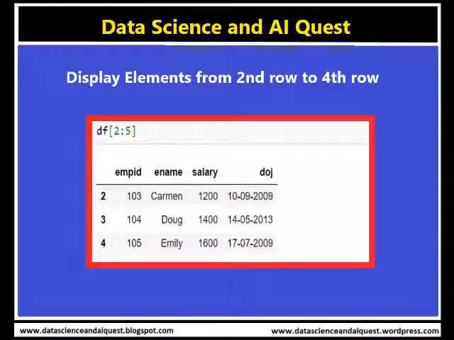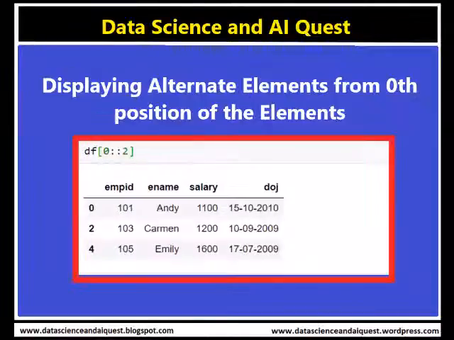Within the square braces it has the numbers 2 up to 5, which means from the second row to the fifth minus 1, that is, to the fourth row. From the second row to the fourth row, all the rows present within that data frame will be displayed. Next we have